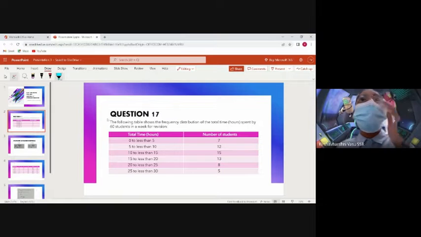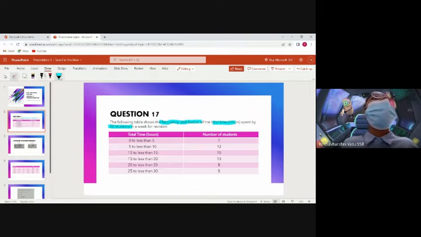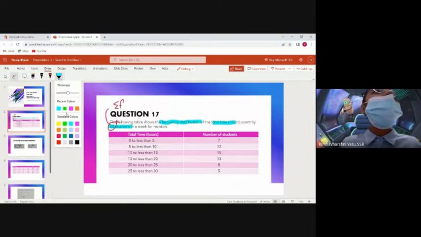Alright. The following table shows the frequency distribution of the total time hours spent by 60 students in a week for revision. So in this case, you know that 60 here means the sum of frequency, which is 60. And I would like to highlight a very important thing here where many students tend to make mistakes, which is this part,